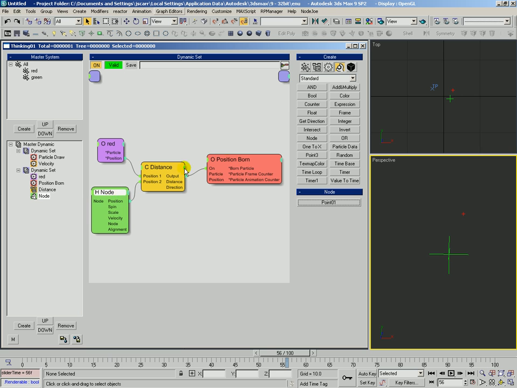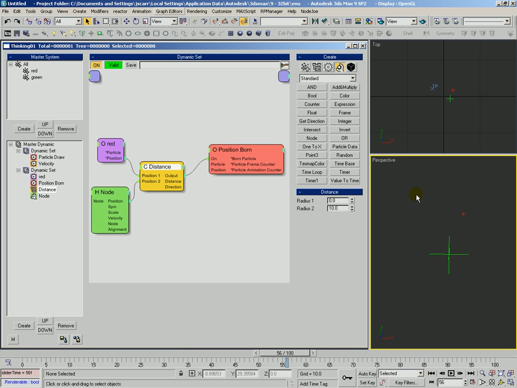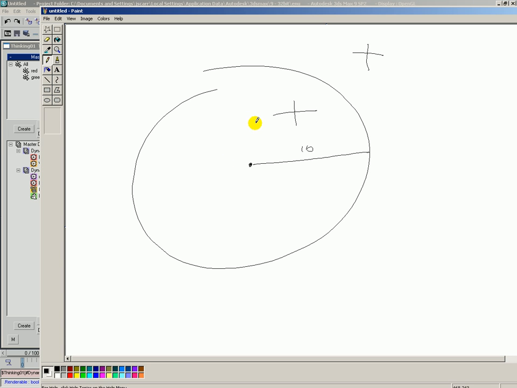So let's actually take a look. There's some other things we can do with distance. Let's actually get a top view here, and we'll move this node helper so it's pretty much right on the path of the red guy. And what we're going to see is within 5 and 10. So the radius has to be at least 5 and up to 10 units away in order to output a true. What that'll do for us here is it now says, okay,